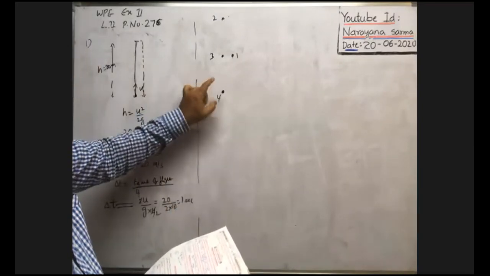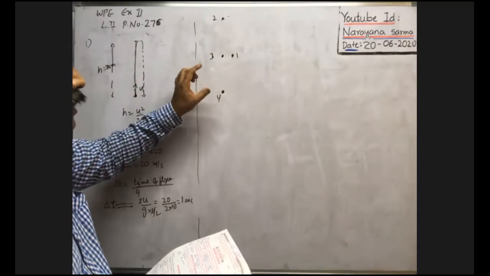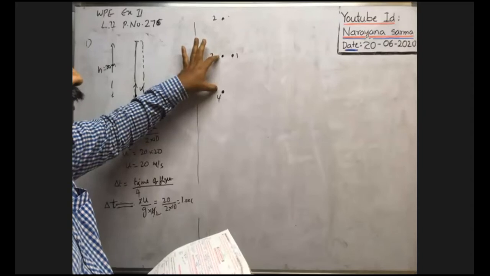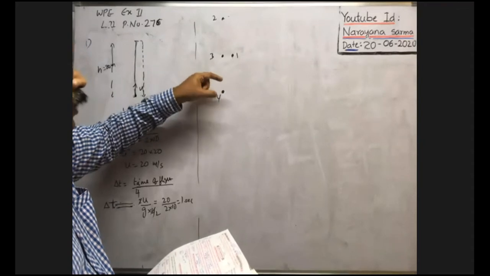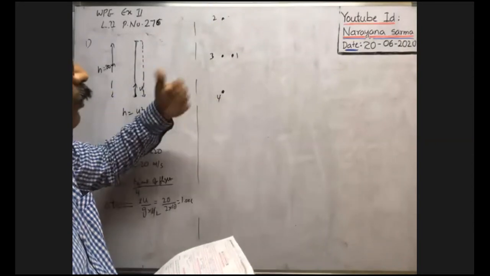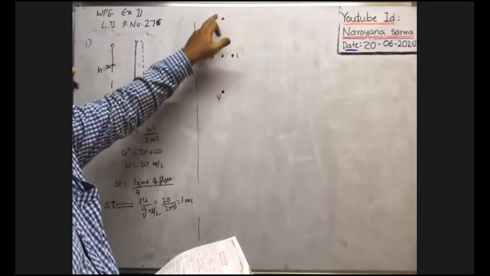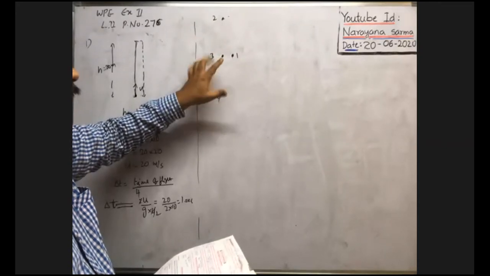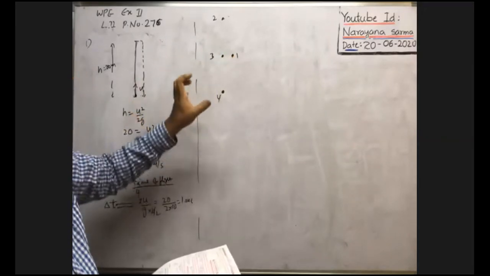You see, the first ball is thrown. After 1 second, the second ball is thrown. As the first ball is thrown, 1 second after means the first ball has already traveled for 1 second. Then the second ball is thrown. After 1 second, the second ball comes to this position and the first ball comes to this position. After 1 second, one more ball is thrown. At that time, the first ball comes to this position, the second ball reaches this position, the third ball reaches this position, and the fourth ball is ready to project. Then after 1 more second, he throws this ball. At that time, this ball will be in his hand. That means the 4 balls are like this.